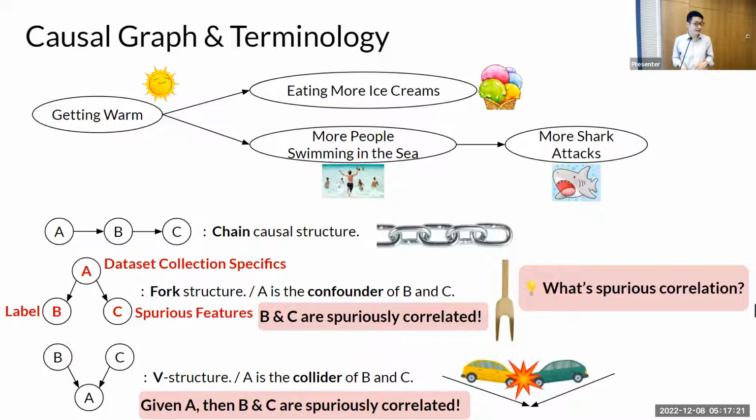So the definition of selection bias is as follows. Whether the data point is included in the sample depends on the value of some of the features, right? So if this is the S variable, the selection variable, now if S is 1, it's in this data set. If S is 0, then this data point is not in this data set. Then you can see this is almost everywhere. So please pay attention to these 2 different kinds of spurious correlation. And later you can see we try to deal with some of the problems.